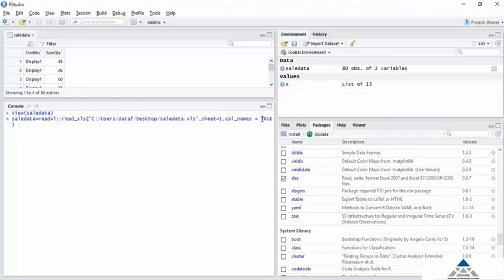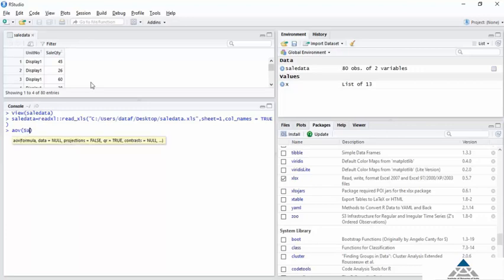Now we will conduct ANOVA on this set of data. We write aov, which is an acronym for Analysis of Variance. We need to give 3 arguments for this formula in R. The first argument is the dependent variable or y. Second argument is the independent variable x. And the third argument is the name of the data set, which is sale data. In this example, the y variable or the dependent variable is the sale quantity, and the independent one is shelf.